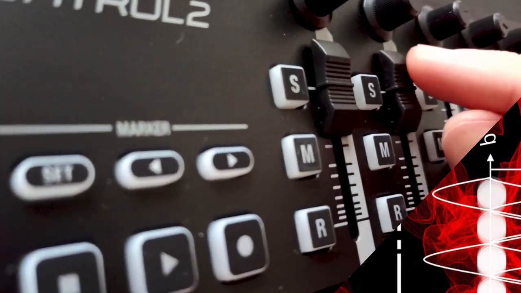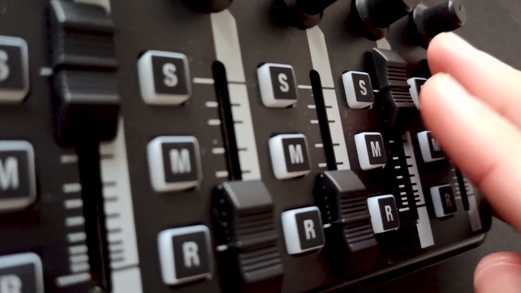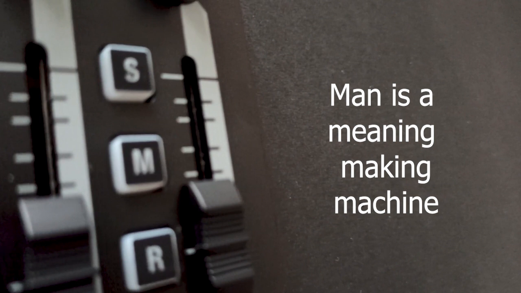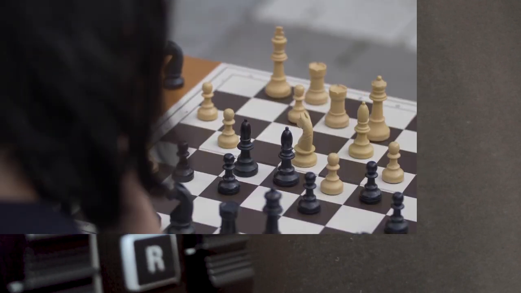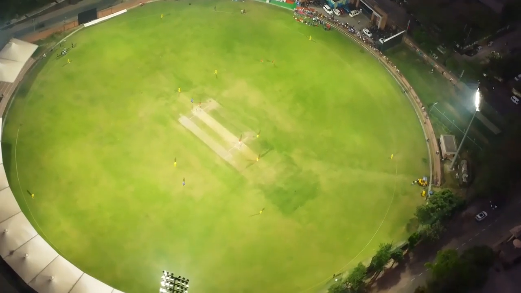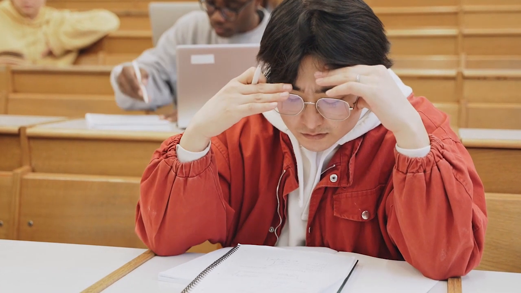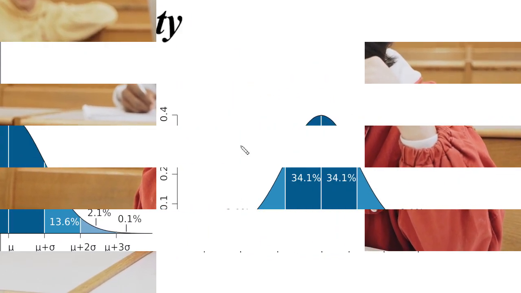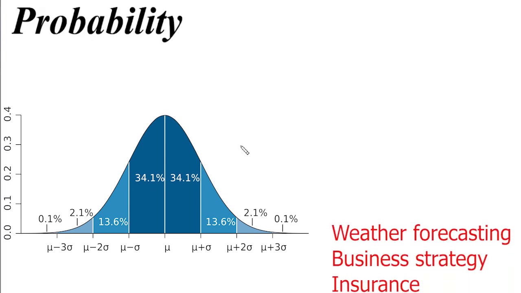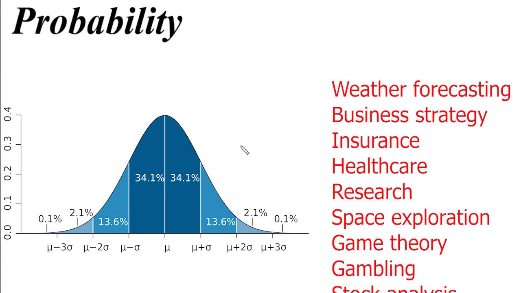And if we come to our day-to-day life, informally, we use probability all the time. In one of the landmark education courses, there was this profound statement, man is a meaning-making machine. So inherently, all the time, we are assessing information and we are predicting outcomes. From guessing the outcome of a cricket match to the probabilistic score in an examination, we do it all the time. Now, probability theory is being used in numerous fields such as meteorology, insurance, healthcare, research, space exploration, game theory,